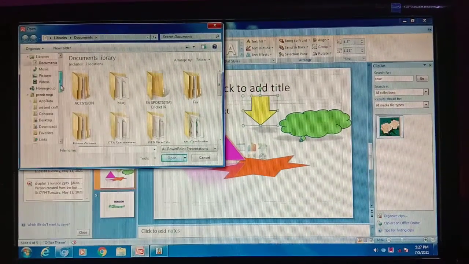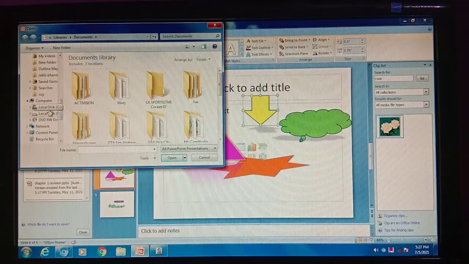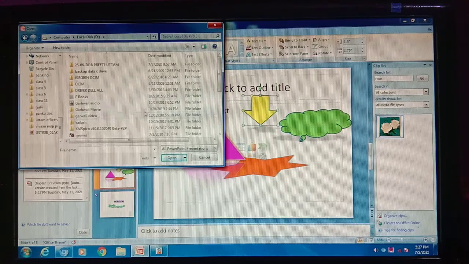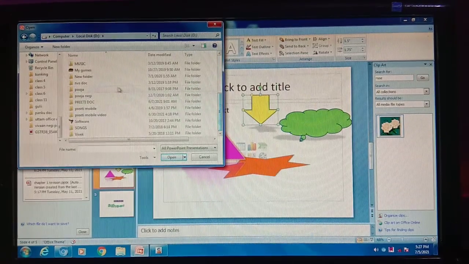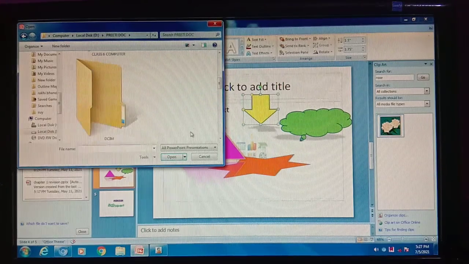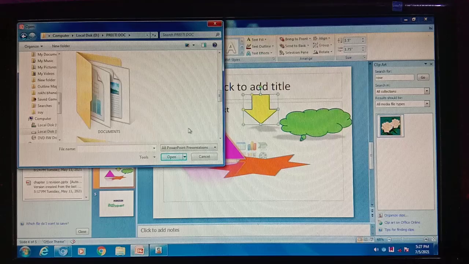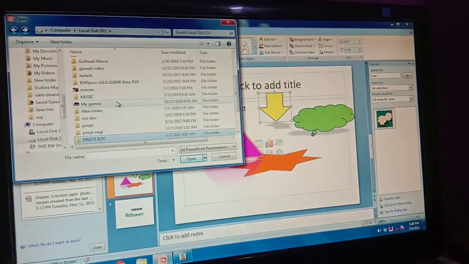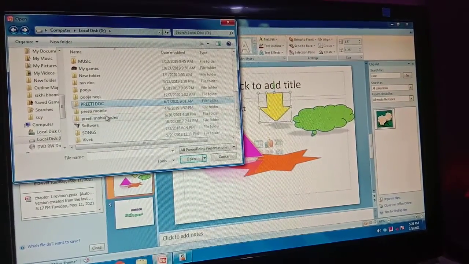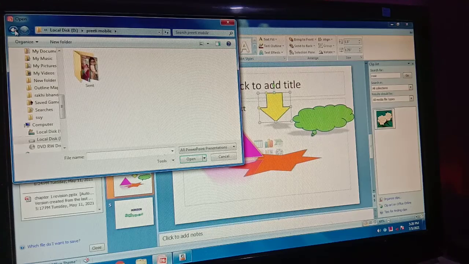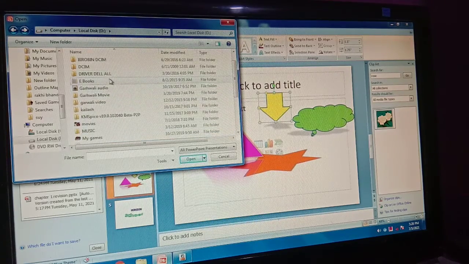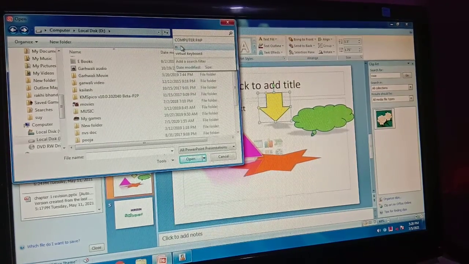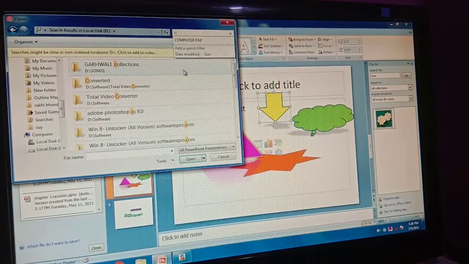As we click on the open option, my file is in D drive, so I will go to D drive. It is somewhere in Preeti. I don't know where it is actually. Wait a minute, I will search here. I'm just writing the name.